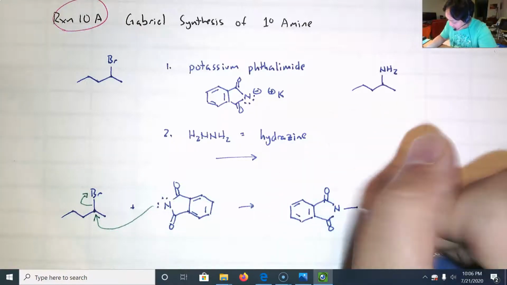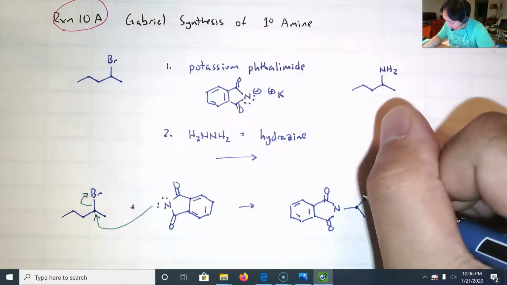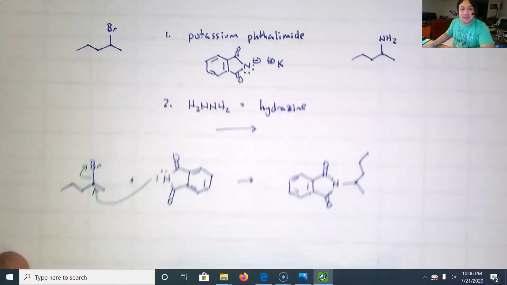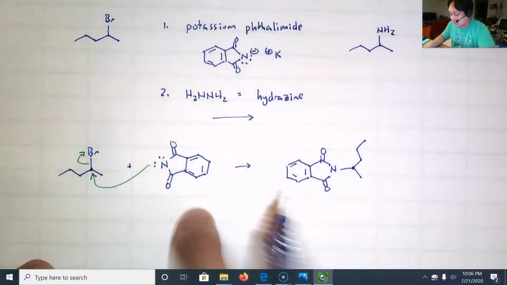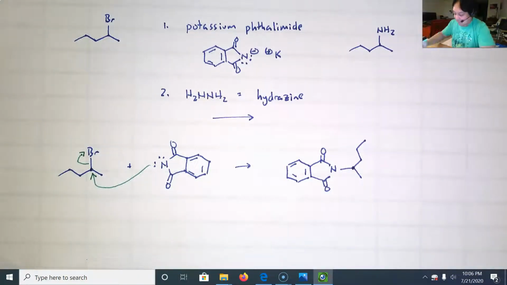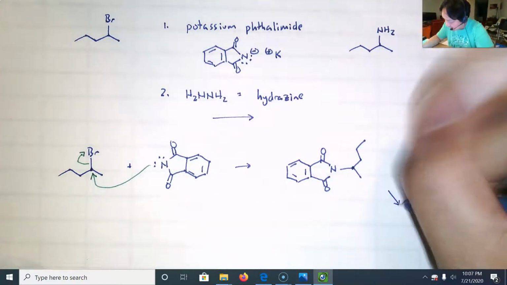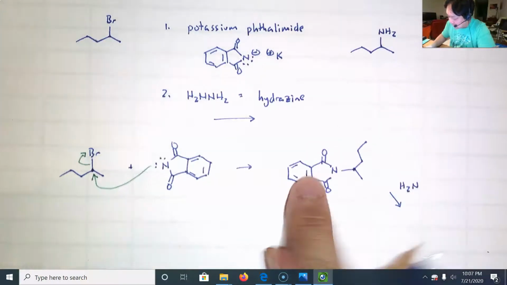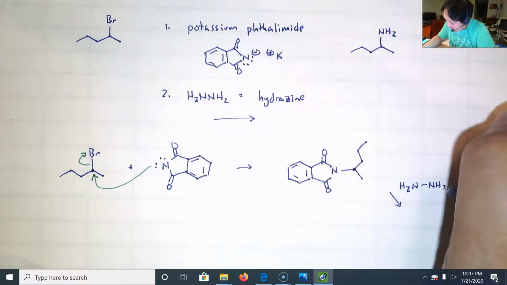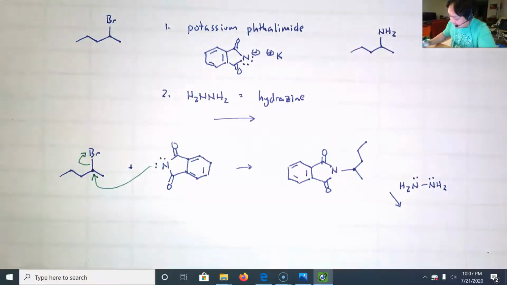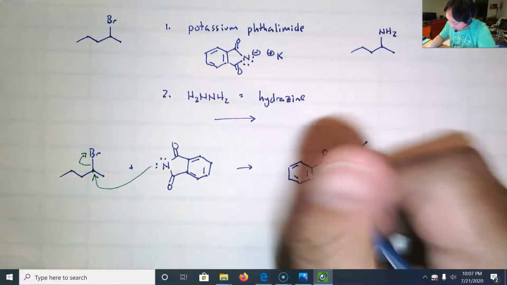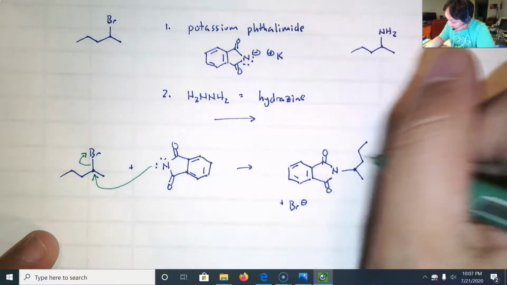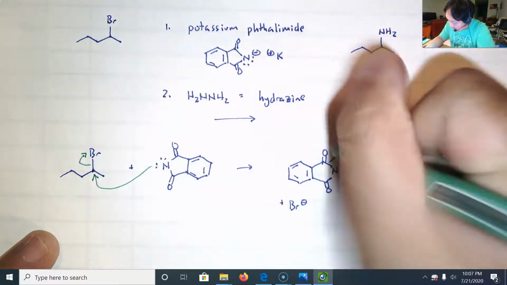I know I'm going a little bit fast. You could always pause the video. I think we have it, five carbons, right? And what is next? Now we've got to use hydrazine to break up this ring. Let me see how many steps it takes. If it takes too many steps, then I'm just going to forego it. But we do have a C double bond oxygen. And what's going to happen is, actually, let me put also the bromine that got kicked out. Okay. What's going to happen is we're going to attack one of the C's of the C double bond oxygen,